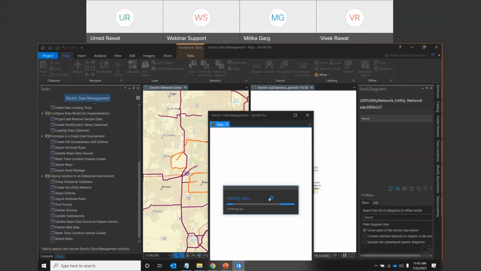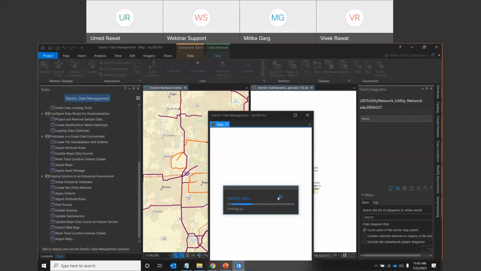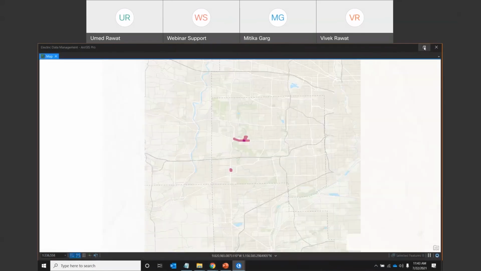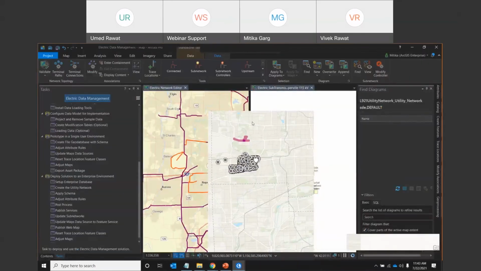So once it will add data, the same data which you are seeing on a geodatabase level, you can access through on an enterprise level also. I will fix this. So this is, I just off this. You can see this is my data which I have published, and how I can show you, like this is, if you see this, it's coming. This is service access.